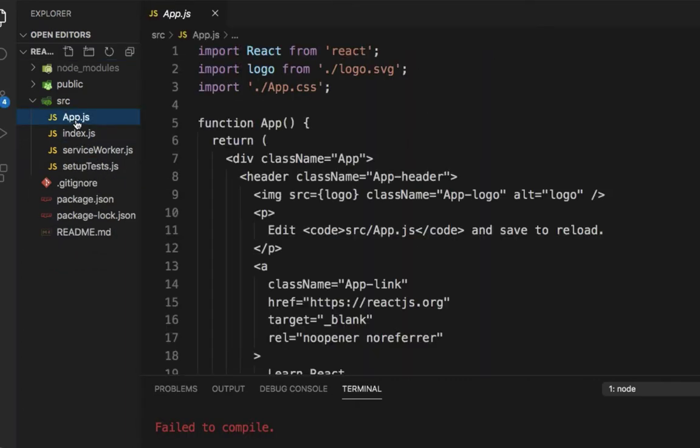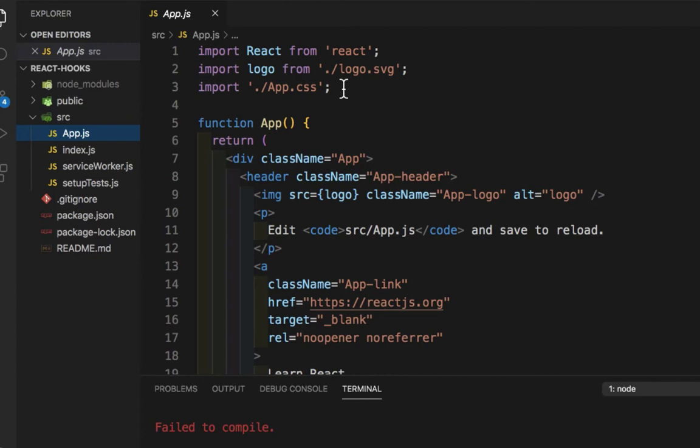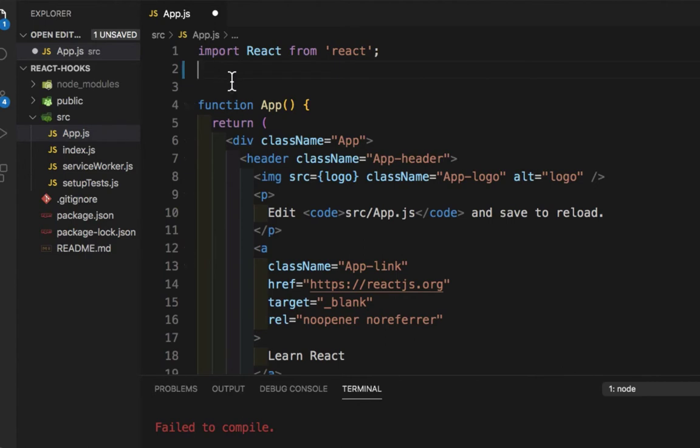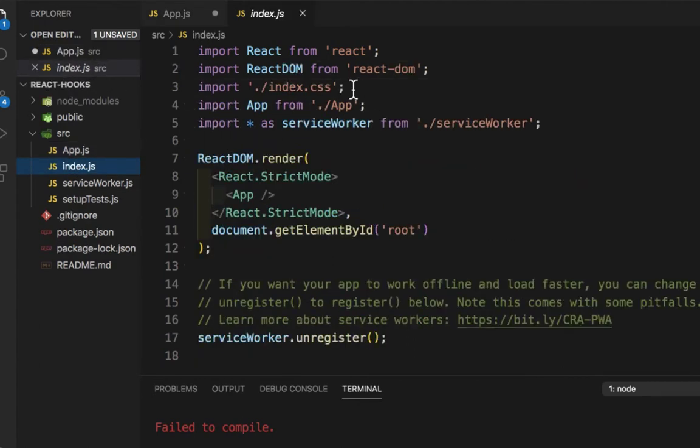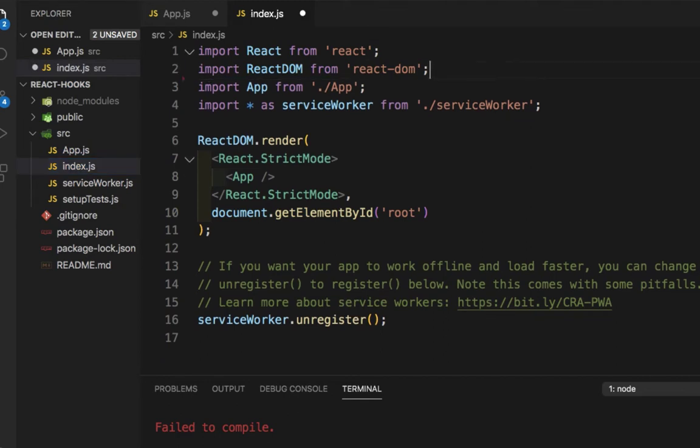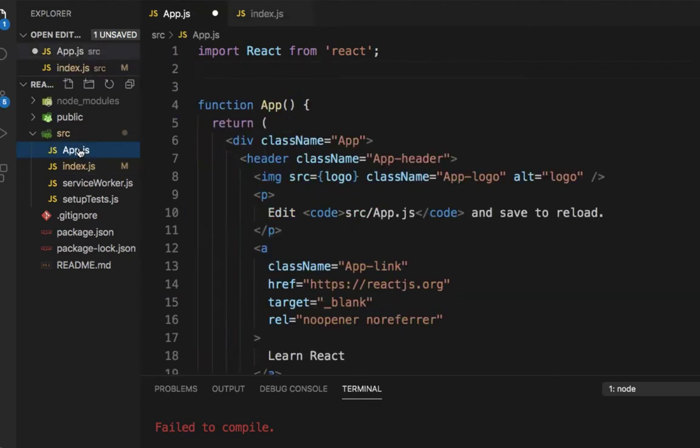Now we need to go to app.js and remove the imports of the files which we have deleted. So here I'll remove the import, and in index.js we have removed the css index.css. Let's save this, and we have removed the logo as well. So in app.js